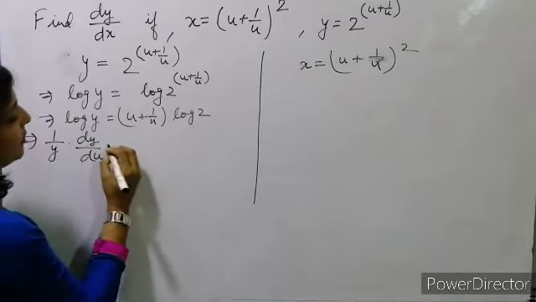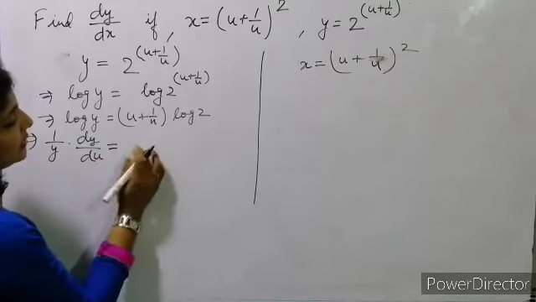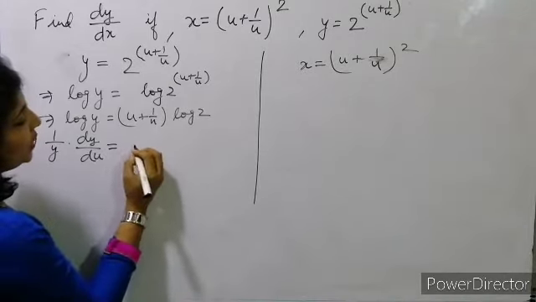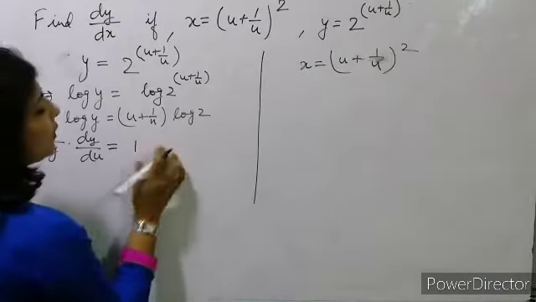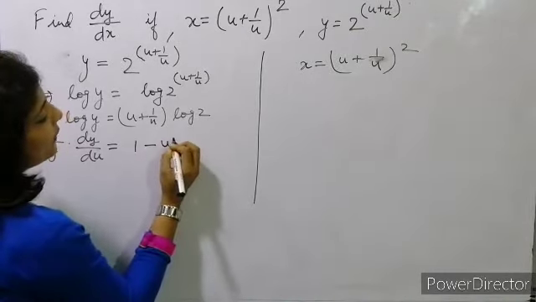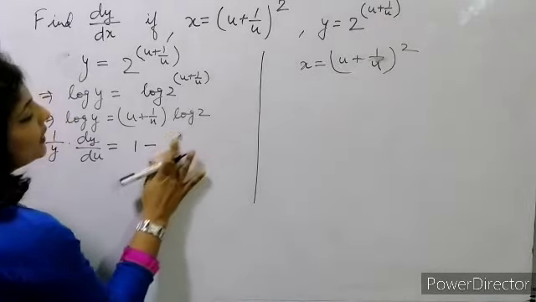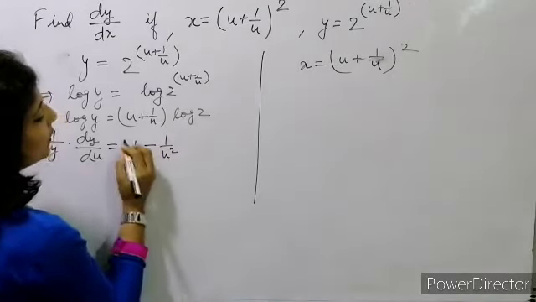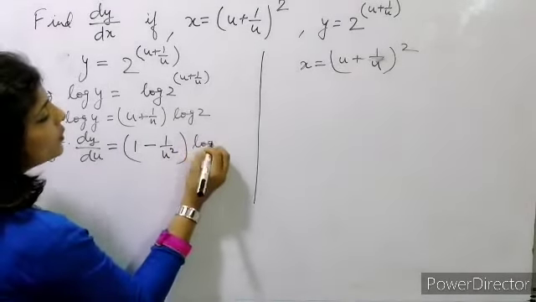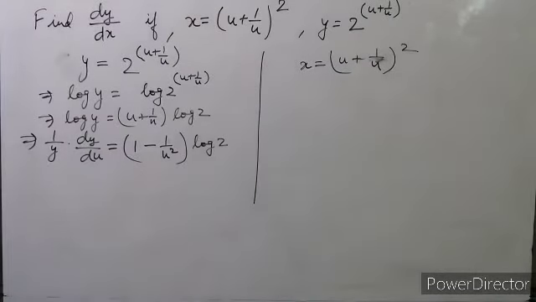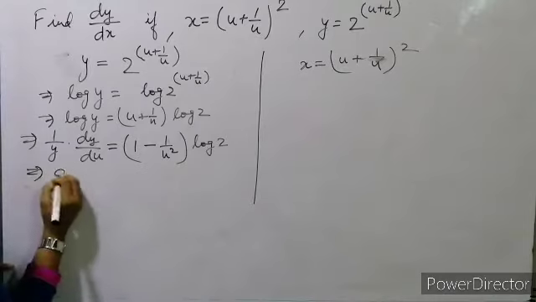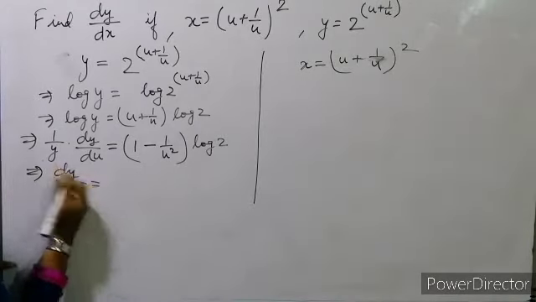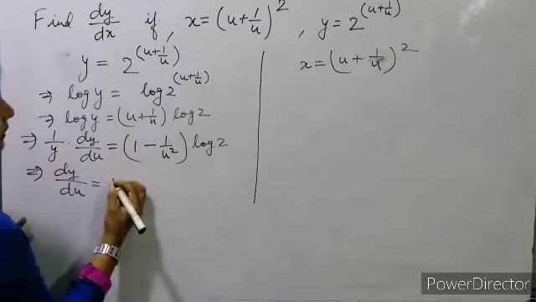So dy by du के term में हमें मिलेगा. Now we have to differentiate this in term of u. So du it will be 1 and plus this one u का value is -1. So यहाँ पे क्या होगा, -1 into u का power -2. So directly we can write 1 upon u square, okay, into log 2, because log 2 is not a function of u, so this will be a constant. This is a constant, so we'll multiply this ऐसे. Okay, now we'll write the value of dy by du. मतलब y will be y here will multiply.